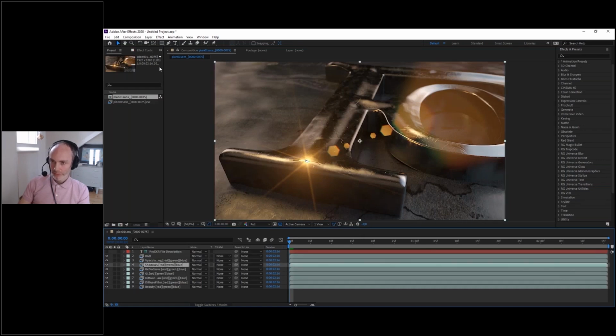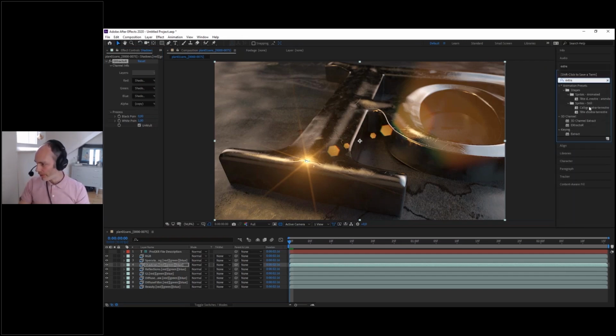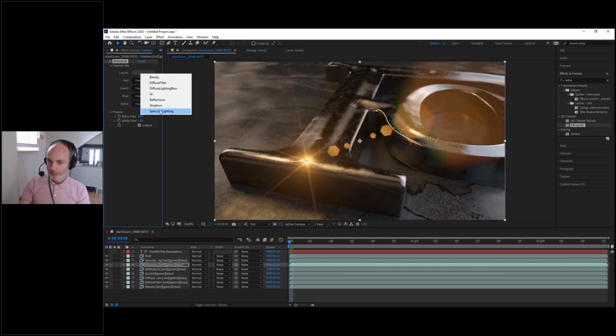So all the layers are extracted through the Extractor plugin, which is a plugin you have inside here. I think it's in the 2D channel, yes, Extractor here. And when I click on the layer here, we can choose which layer you need to use. So those layers were set up in Redshift, but it works with every render engine in the world. You can use it with Physical, Octane, Arnold, whatever.